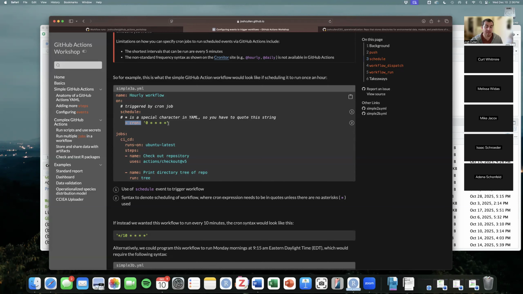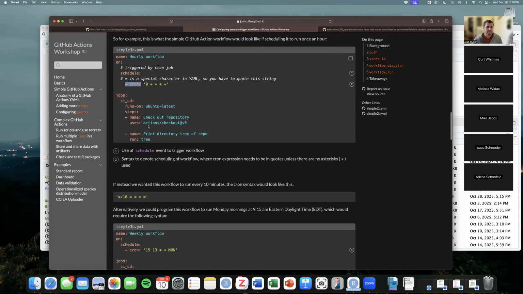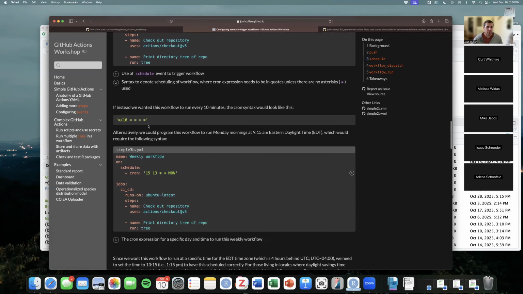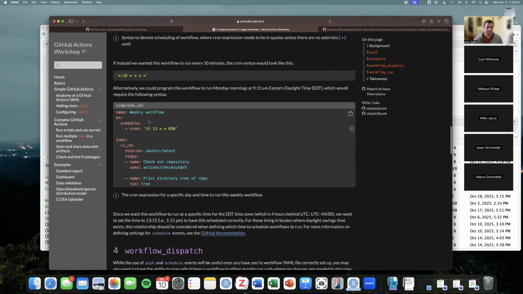And everything else beneath this is the same as the previous example. So now instead of on a push or a pull request, this is going to run every hour, essentially, is what this syntax is set up to be. Every hour at the top of the hour. All right. So if we wanted to run this every 10 minutes, this is the syntax we would have for running it every 10 minutes. Alternatively, if we want this to be a little more complex, so in this example, I'm saying